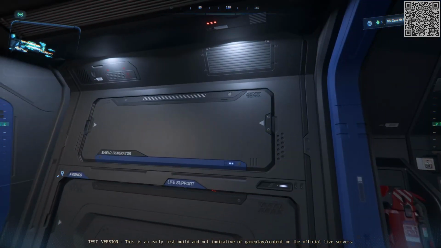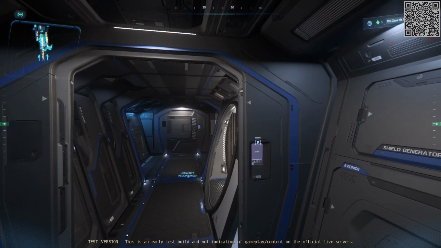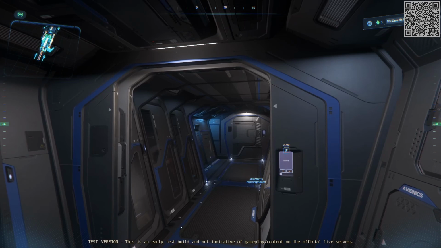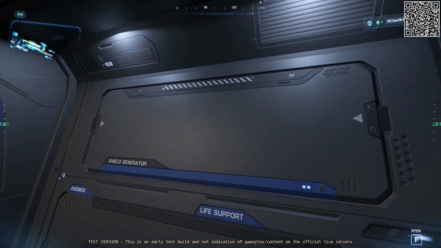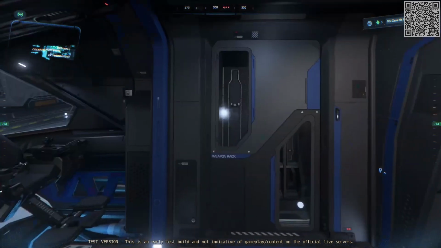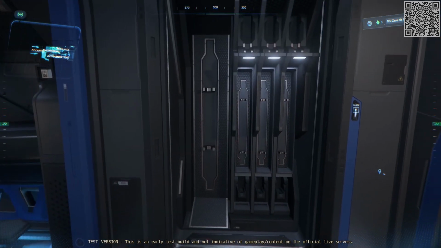So we do actually have 2 shield generators, but they're in different places. I think that's quite a good idea, because if, say, the engineering station catches fire, this one hopefully stays stable. So your shields are going to, hopefully being the really important word here, be able to stay up. And then back here, we have another weapon storage, including...